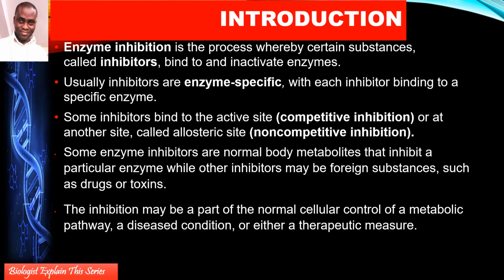Now, for example, herbicides, pesticides, and then a lot of drugs, therapeutic drugs used when somebody has an ailment or a disease or a disorder. A couple of drugs like that work as inhibitors of certain enzymes to control the pathway and the person gets healed. So the idea of inhibition is a natural phenomenon which is designed to control metabolic processes in the cell,